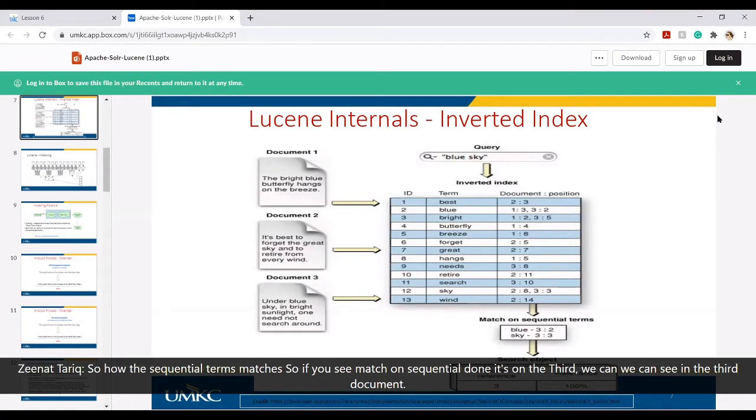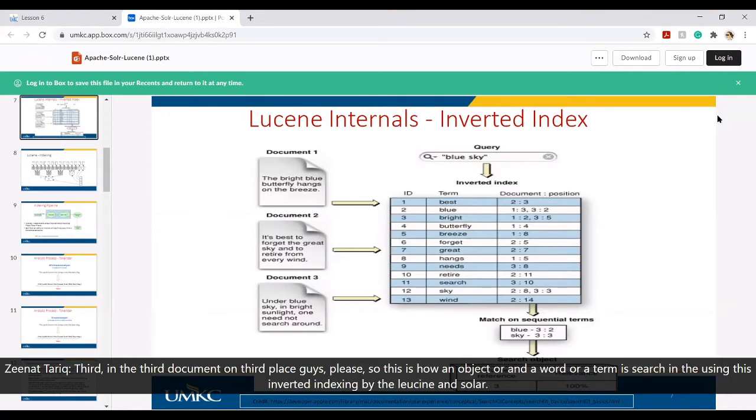So how do the sequential terms match? If you see the match on sequential terms, it's in the third document. We are searching within the same document number, and in the third document, blue is placed at the second place and sky is placed at the third place.